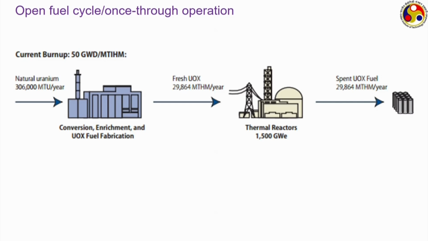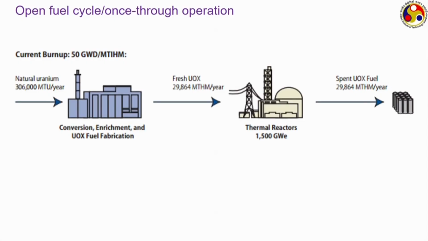The first one is the open cycle fuel or open fuel cycle. In case of open fuel cycle, the fuel which is taken from the raw uranium ore taken from the mines is converted, if required enriched, and then converted to some kind of oxide, in which everything is done here. This is the natural uranium coming from the ore, and this conversion, enrichment and oxide formation are done in this